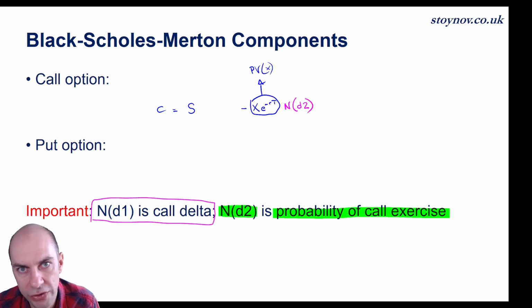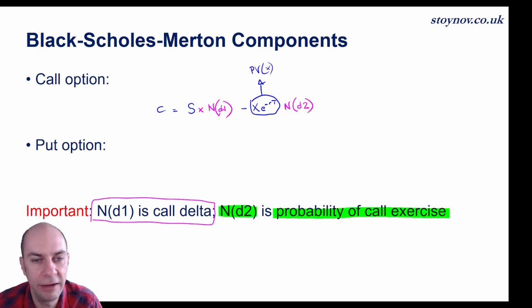Just to remind you what that is: the fraction of shares that you need in order to hedge one short call. So in this case here, I'm just going to be multiplying by ND1,